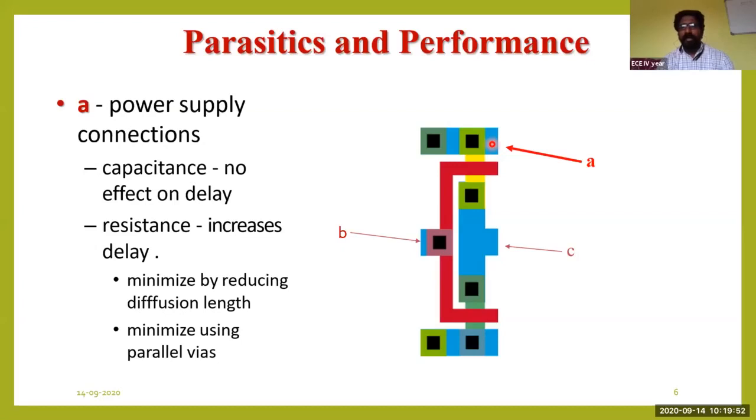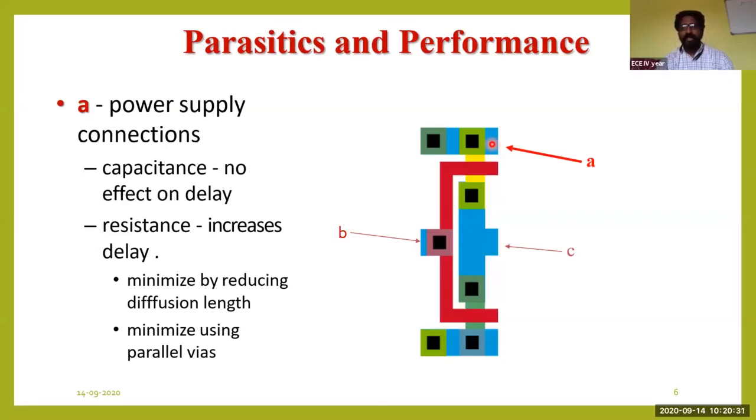If the length of a particular layer is increased, then definitely the resistance is going to increase, which we have studied in the basics of resistance. Resistance R is equal to rho L by A. It tells us that resistance is directly proportional to length and inversely proportional to area. It means that if the width of this particular layer increases, the resistance is going to decrease. Why? Because of the aspect ratio, W by L, where L is the length of the particular channel and W is the width of the channel.